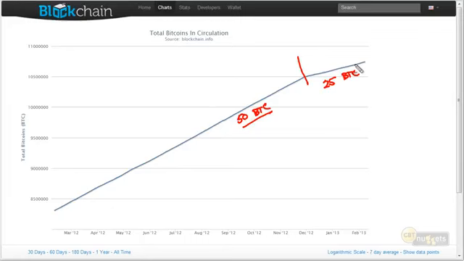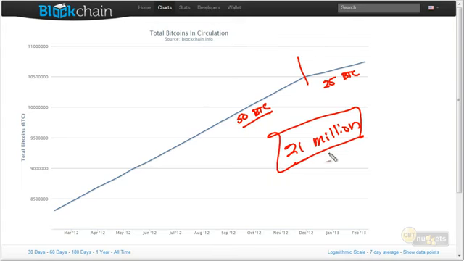So one of the ideas is, well, Keith, why will people want to continue doing mining for Bitcoin if they're reducing the rewards as more Bitcoin is released? Well, the answer is once we get to about 21 million Bitcoin, there will be no more Bitcoin released at all. But what we will have is very, very small transaction fees that will go to the miners who solve the actual block. And so the motivation is still going to be there in the right place. And that transaction fee is going to be so small compared to what we're normally dealing with banks that we're going to be happy to contribute it for the service of Bitcoin.